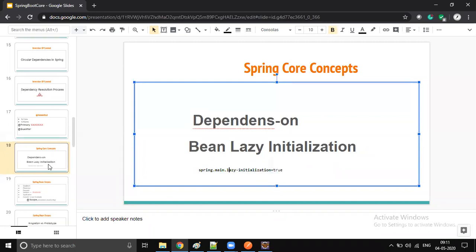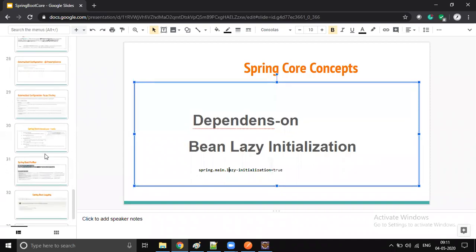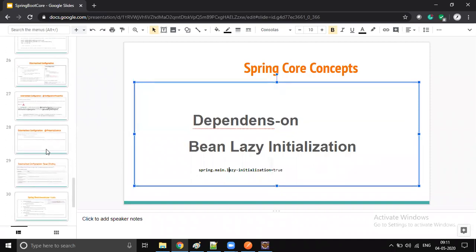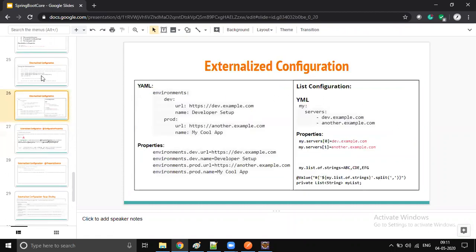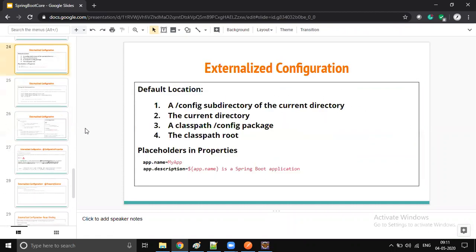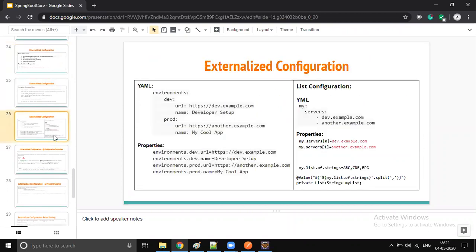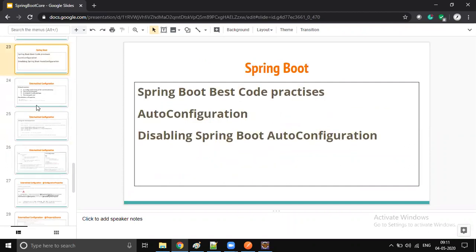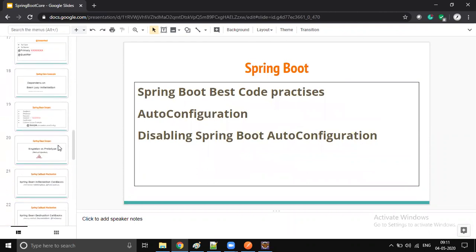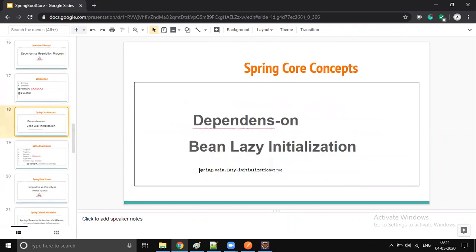Just assume that this is the property we're going to configure. Once we get to reading the configuration properties file in Spring, you will come to know how to read properties files and how many ways we have. That is a completely different concept, a huge concept in Spring Boot. When we discuss that, I will let you know. For now, just assume we have to configure some property to make your entire Spring Boot application lazy.